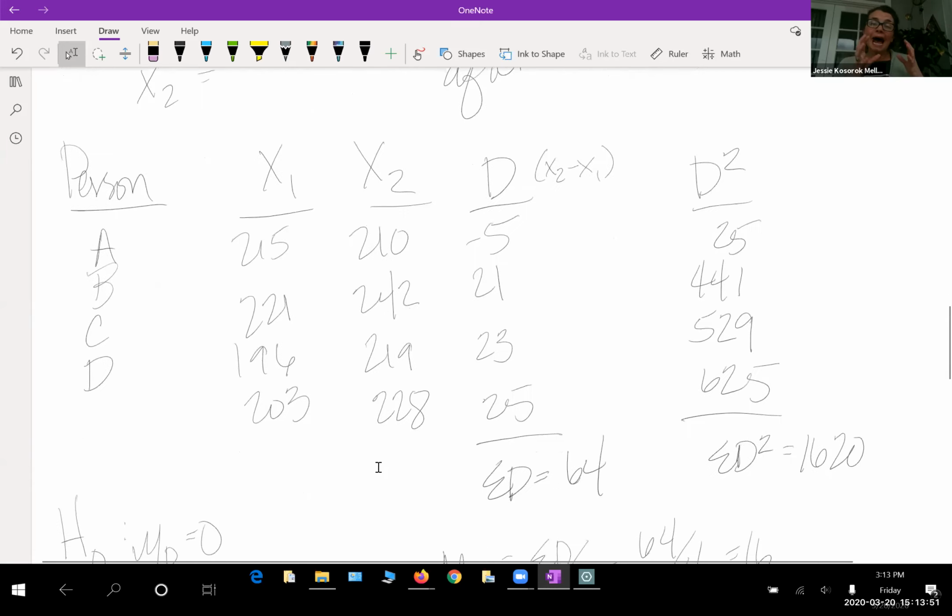Now remember, everything in the formulas for your repeated measures or dependent measures t-test is all about the D, the difference score. So we need to calculate that difference score. These X's don't matter anymore. What matters is the difference between that one person from time 1 to time 2. So the difference for person A, they dropped, right? Their reaction time got lower. They actually got better with the drugs, but everyone else clearly went up. Their reaction time increased. It took them longer, so they went up. So the question is